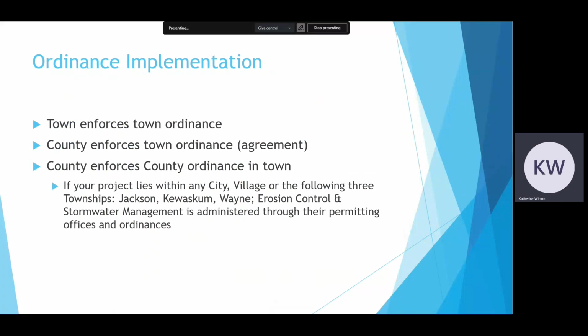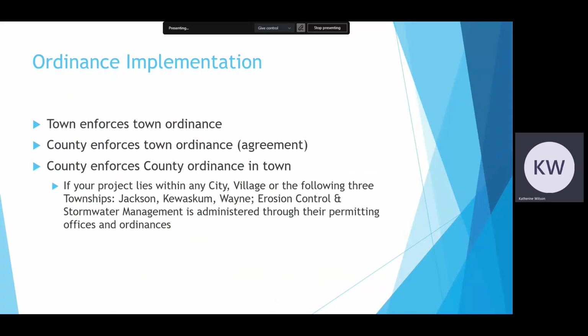The county can administer a town's ordinance through an intergovernmental agreement with a town, or if a town did not want to adopt their own erosion control or stormwater management ordinances, the county will administer the county ordinance in the town. If your project